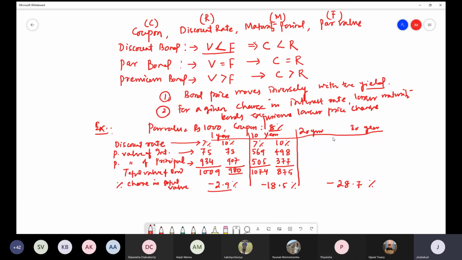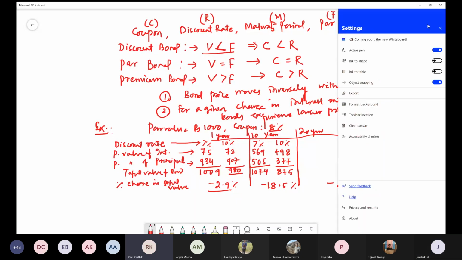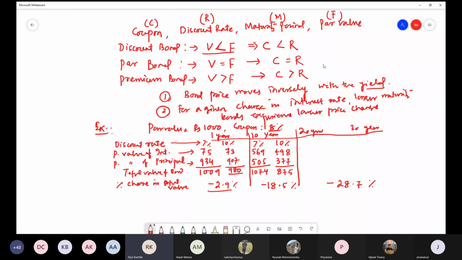Yes, sir. Okay. Sir, isn't the coupon rate same as discount rate? I mean, that is what we assumed in case of valuation of bond, right? No. Coupon rate is not equal to the discount rate every time. If it is a par bond, then the coupon will be equal to the discount rate. Coupon is the rate which is fixed by the issuer whenever they have issued the bond. So it does not change. But whenever we are talking about the valuation of the bond, that depends upon the interest rate prevailing in the market.